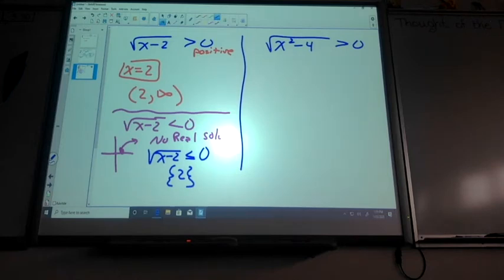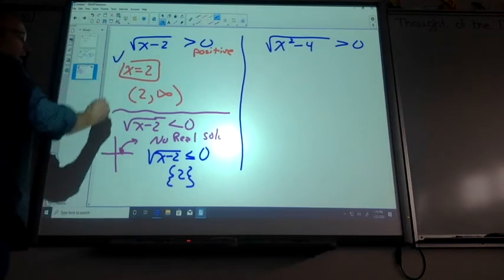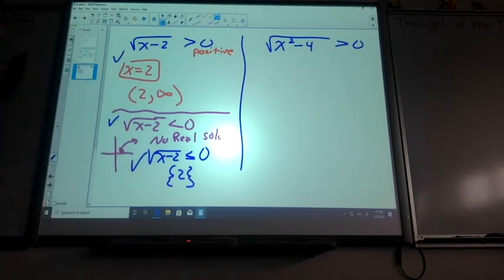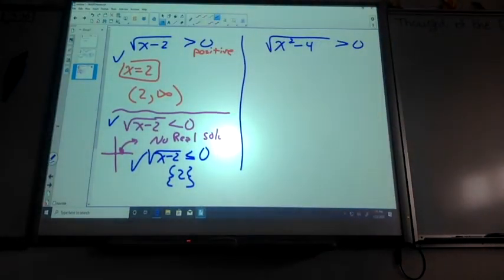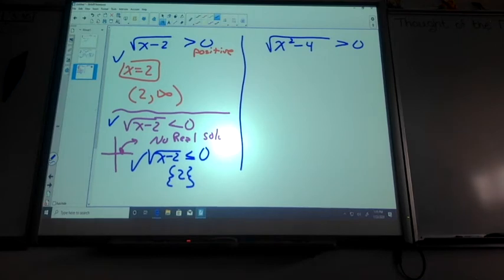We're looking for less than or equal to 0. Well, less than doesn't exist because of the purple. But less than or equal to 0 does exist at one singleton point. If I plug 2 in, I get square root of 0, which is 0, because that's equal. So note the difference between all three scenarios. Classic thing to look at. That would probably be a matching kind of question.